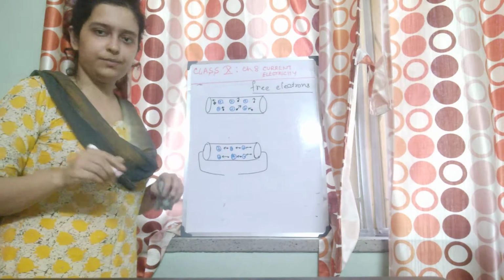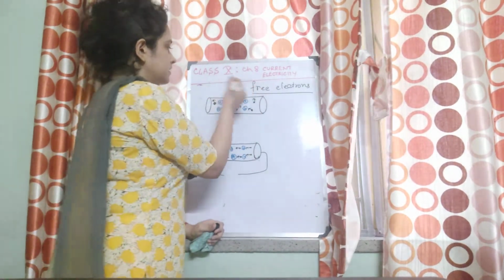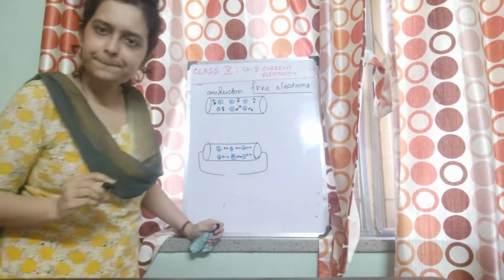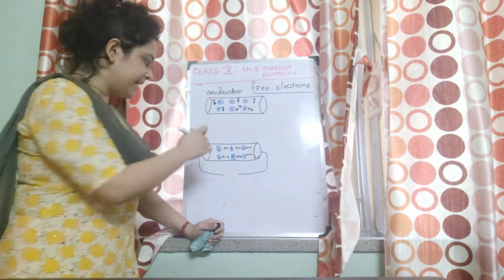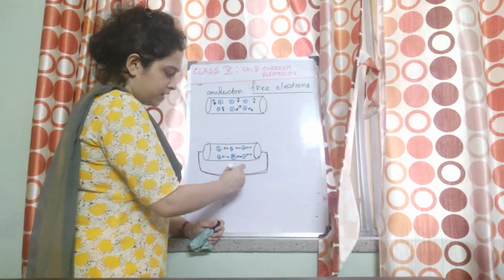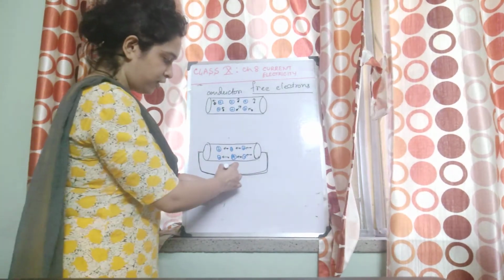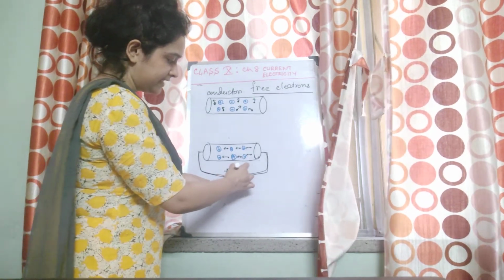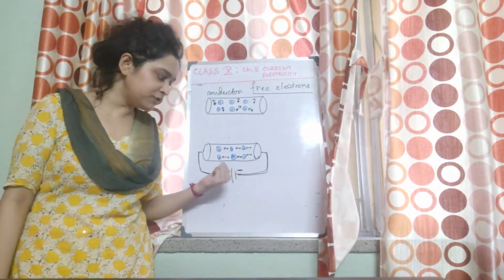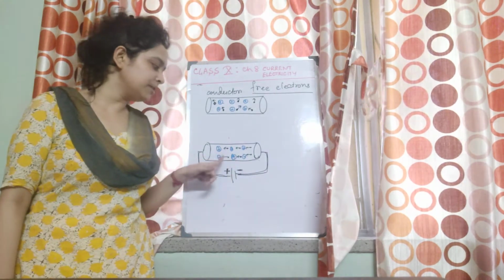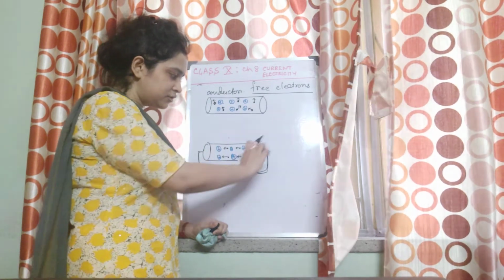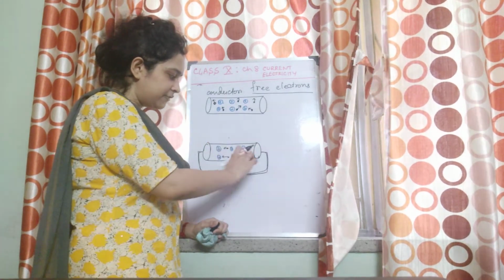Now this is a conductor, a metal wire, okay? Now if I join the two ends of this conductor, what is this? A cell. What is this called? Positive terminal of the cell, negative terminal of the cell. Where will the electrons flow from? Positive to negative or negative to positive? From the negative terminal to the positive terminal. See, as soon as you connect this, you will find the electrons start moving in a fixed direction.